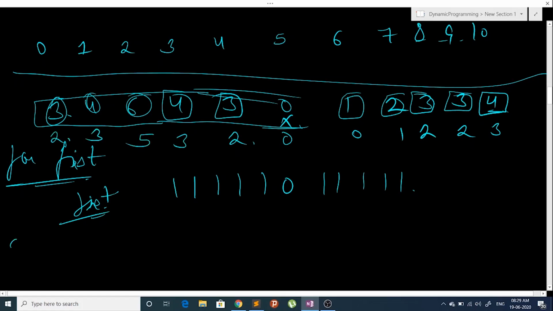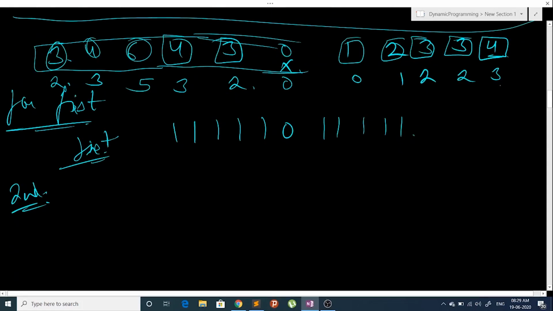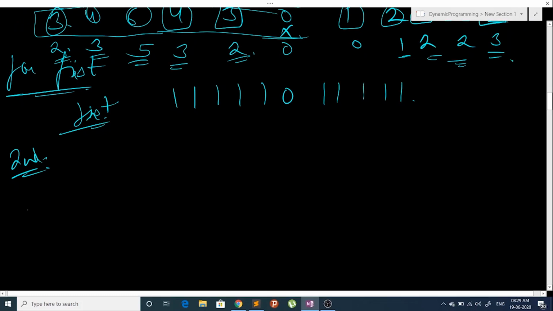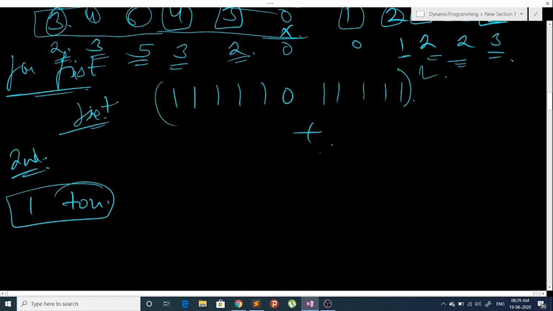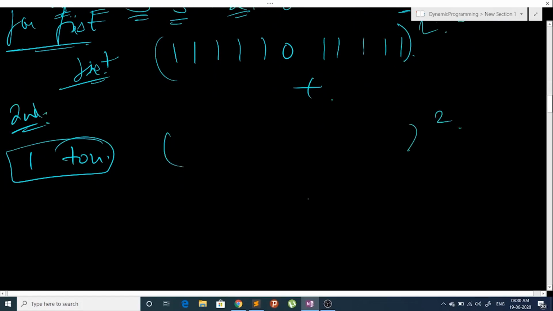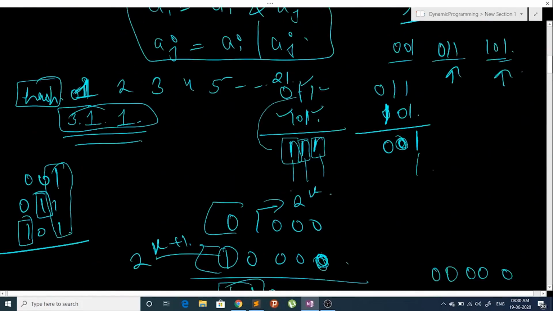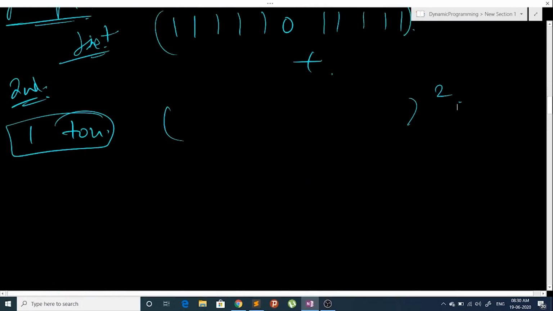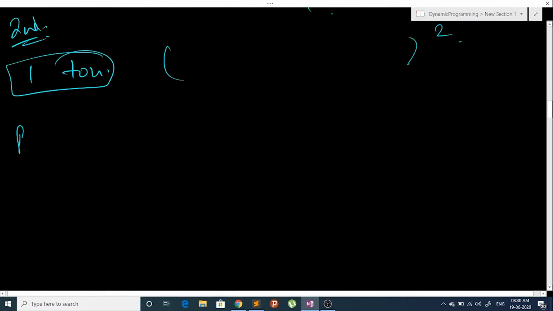And then the second number will be made similarly: I'll take one bit from this, one bit from this, if I can take one bit from all of these, and this way I will make all the numbers from 1 to n, and then I will just square them and add them. So this will be my solution for problem D. Now let's see problem A.